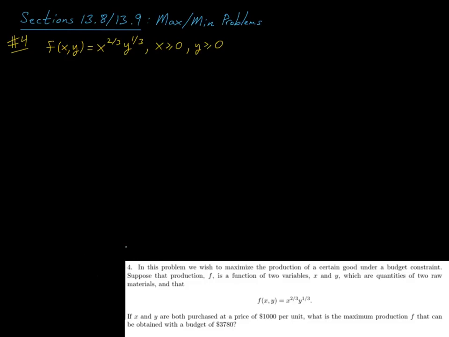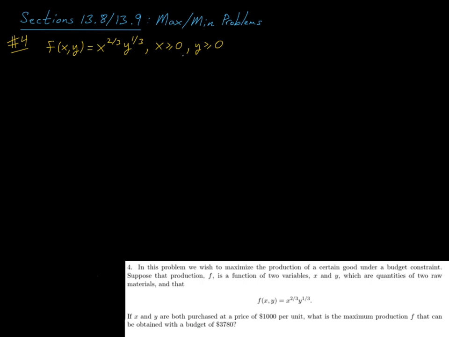All right, number 4 says, in this problem, we wish to maximize the production of a certain good under a budget constraint. Suppose that production F is a function of two variables, x and y, which are quantities of two raw materials, and that the production level, if I use x units of raw material 1 and y units of raw material 2, is given by this expression, x to the 2/3 times y to the 1/3. If x and y are both purchased at a price of $1,000 per unit, what's the maximum production F that can be obtained with a budget of